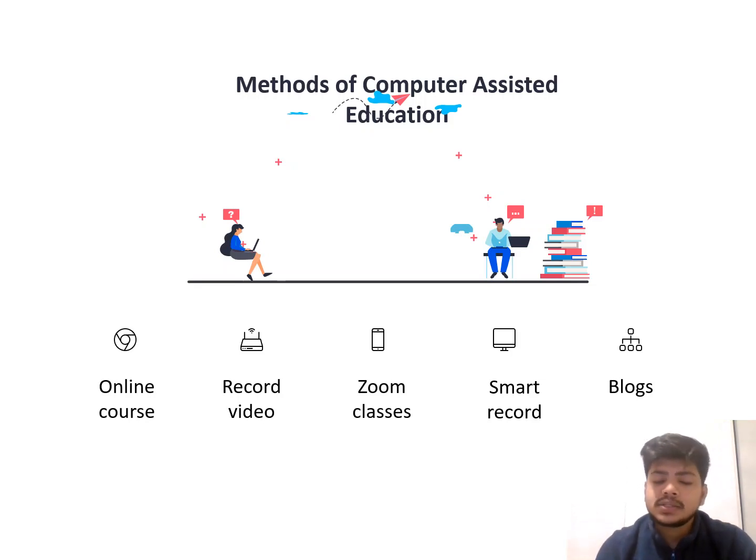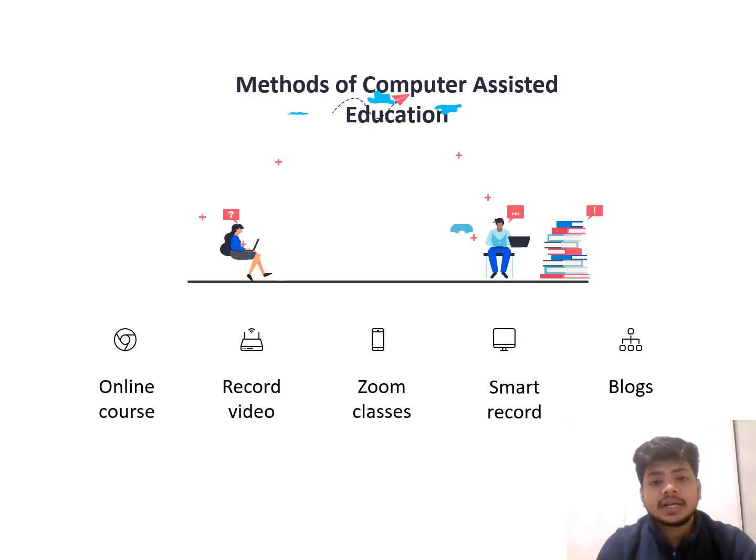The third thing is Zoom classes. As we all know, Zoom classes have become a very important aspect of today's generation. If any student wants to clear a doubt, he can directly go on a Zoom session with the teacher and ask what problems he is facing, and the teacher can deliver his or her lecture. Next, Smart Record. In Smart Record, the educator can deliver a video lecture